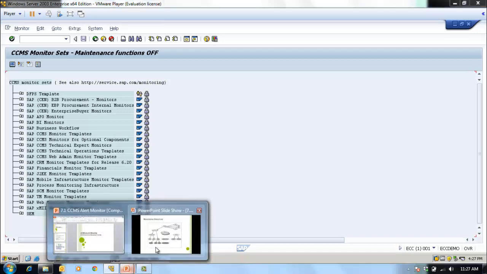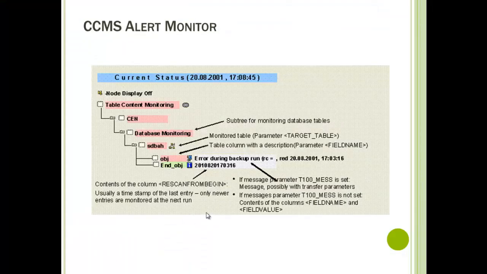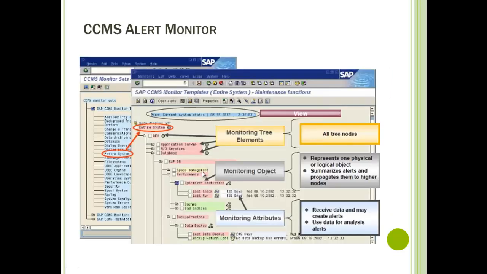Let's go back and go to our presentation. This is the structure we are going to use in the monitoring. We have the subtree for monitoring the tables, for example here. Then we have monitoring tables, target tables and columns. So this is the alert monitoring structure which we have seen. This is called one view, an entire system landscape. You can see here that you can monitor the entire system. This is our